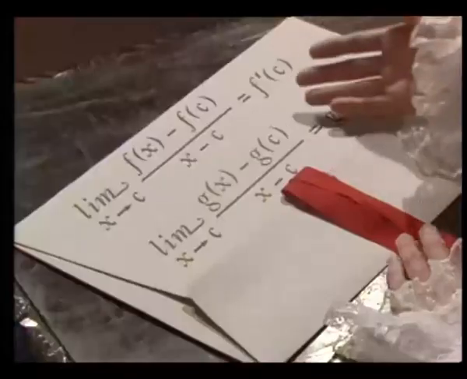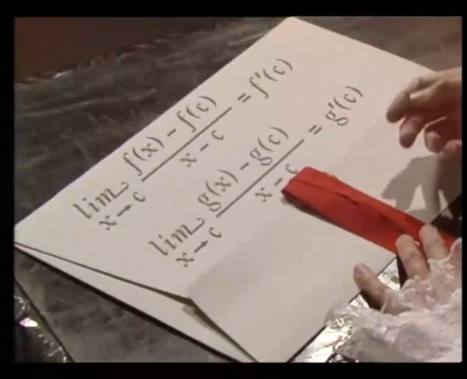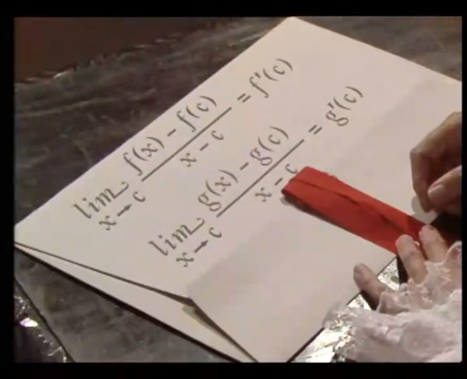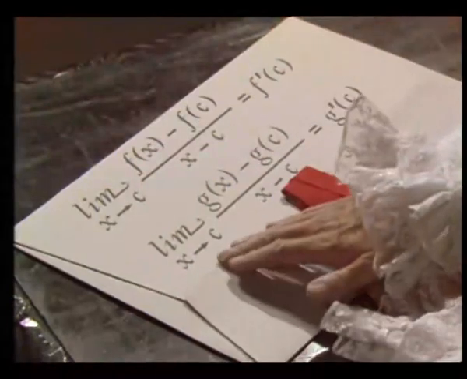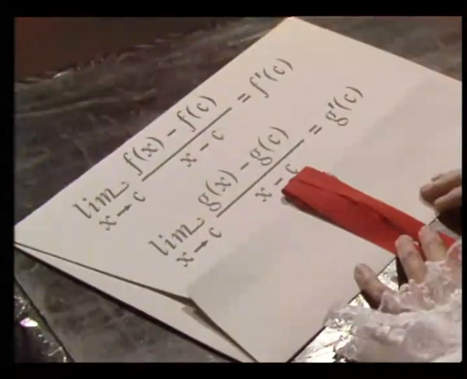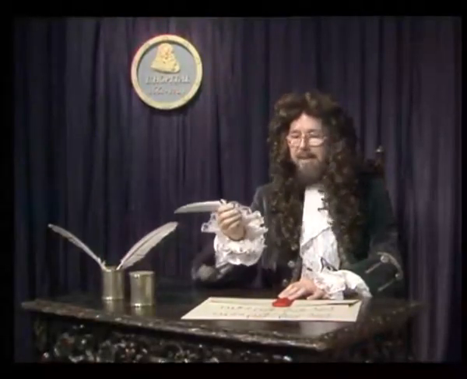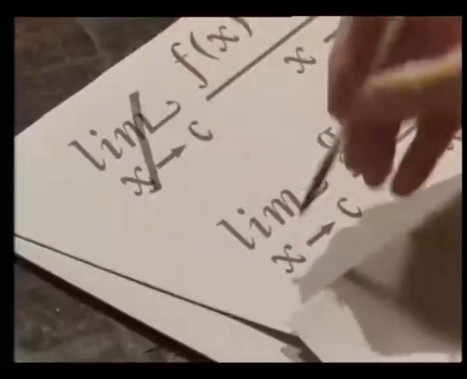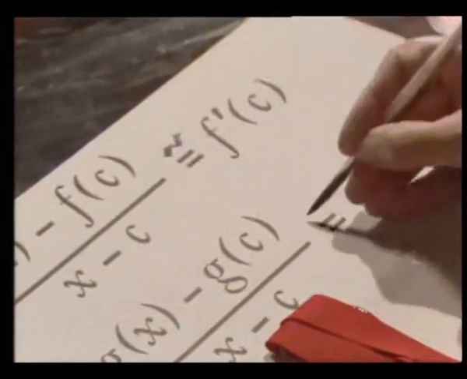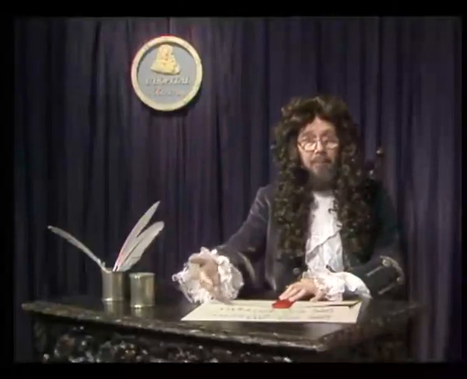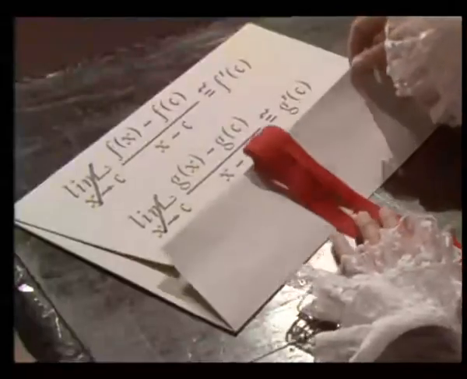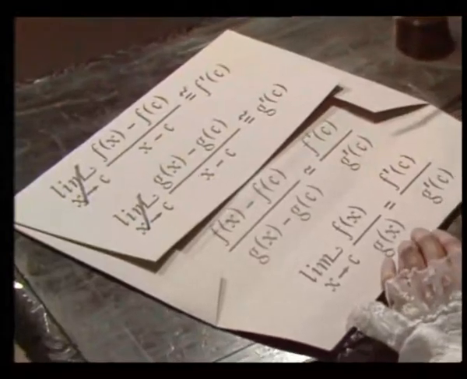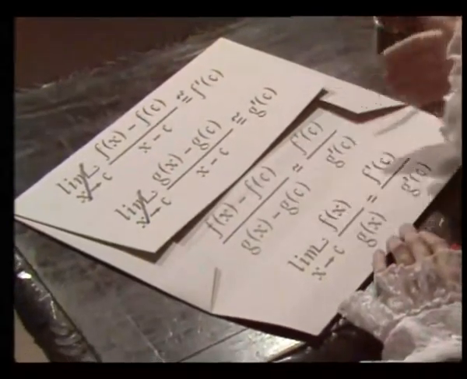He would have started with something like this, something he already knew. Now, of course, his notation would have been different from ours, but in essence it would say the same thing, that the limit of this ratio is f'(c), and the limit of this ratio is g'(c). What he did next was to change these limits into approximations. So now he has approximations to the slopes of the tangents at the point c. Now it looks very tempting to divide these two one by the other, and so get rid of the x minus c's